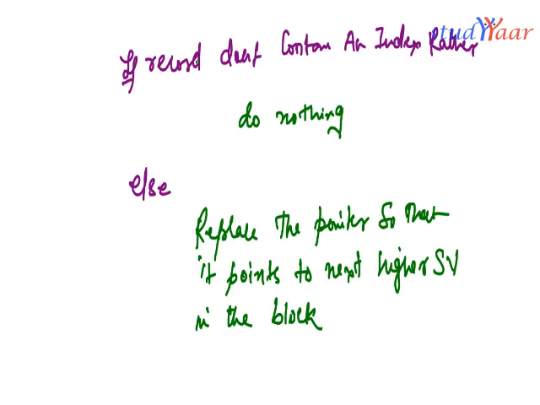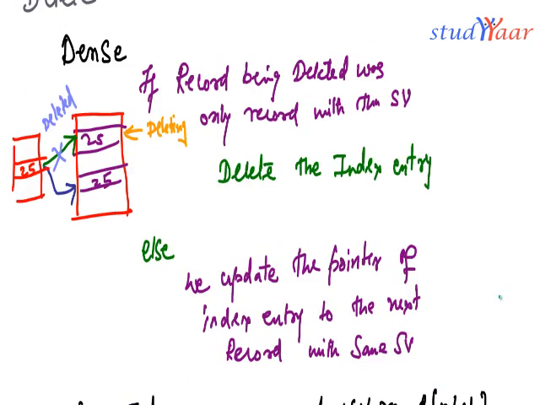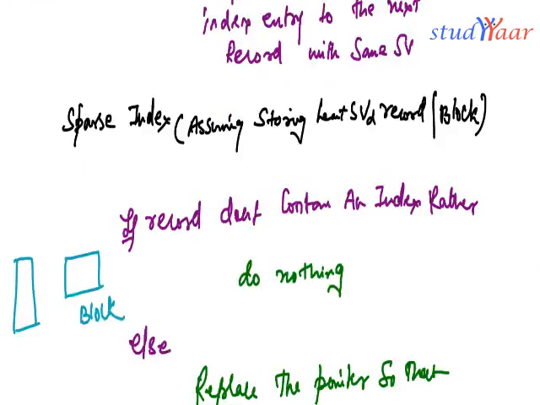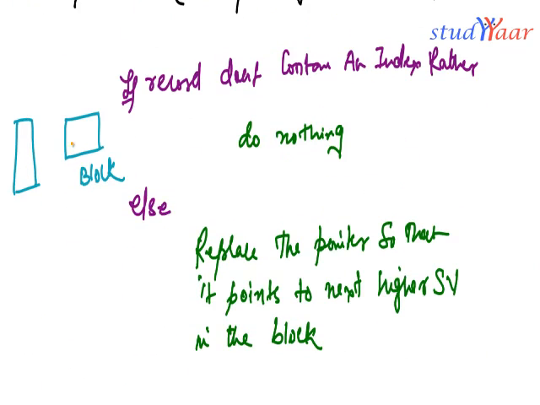Right? We will just see in a diagram what is happening. Let's suppose this is my block. Okay, it is block. This was file. So, and this is index. So let's suppose I have a